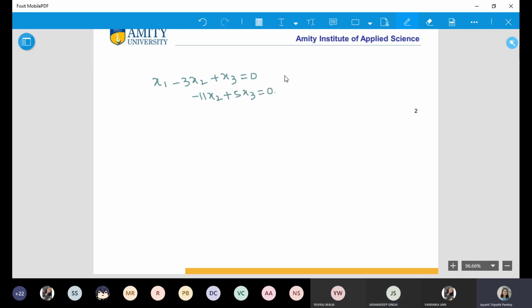Okay. Now, what is the rank of this matrix? Rank is 2 and the number of variables is 3. N is 3. Correct. That means how many arbitrary variables can you choose? Ma'am, 1. That means you can see from here, if you select, suppose we select x3 as k.